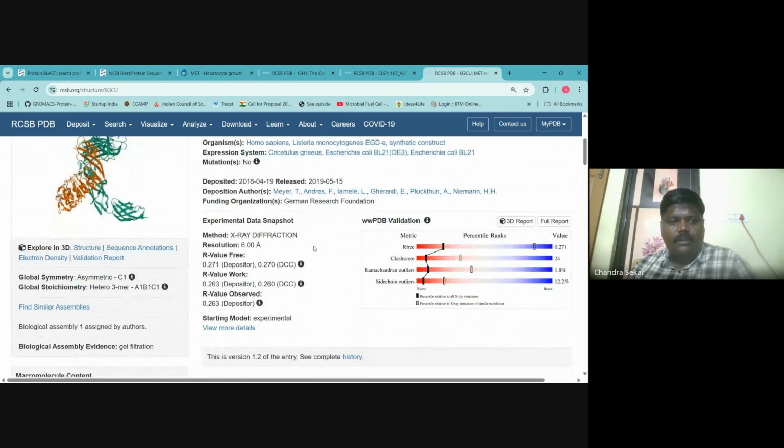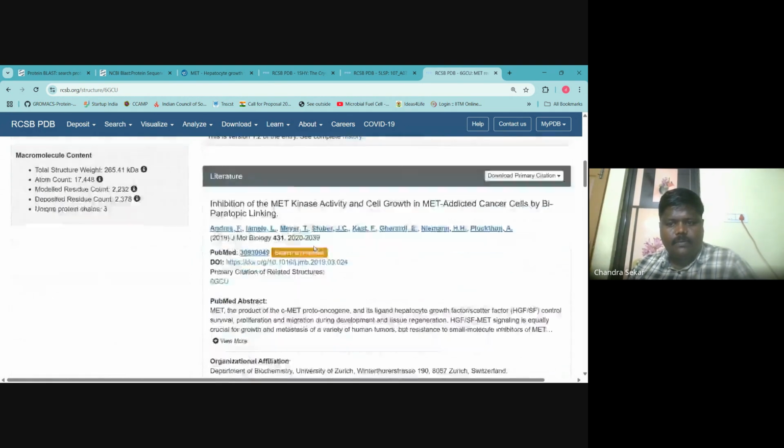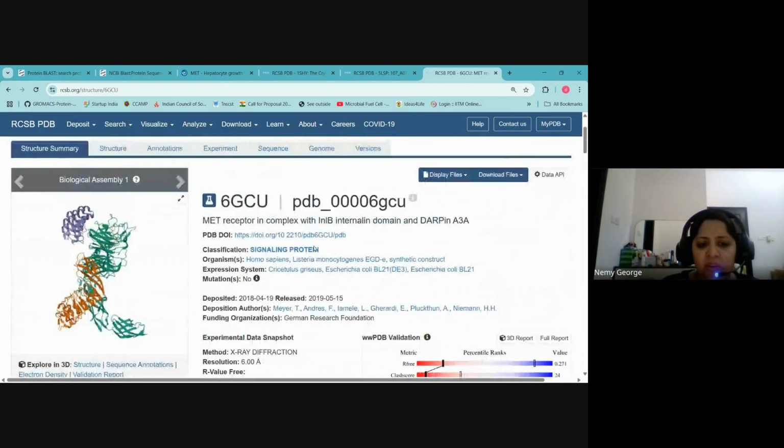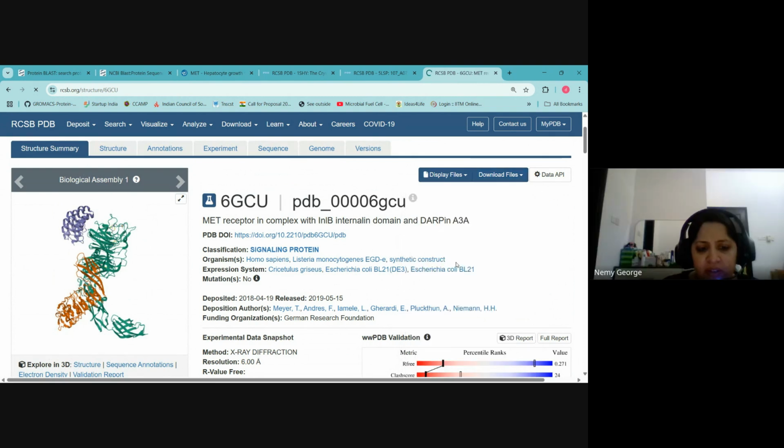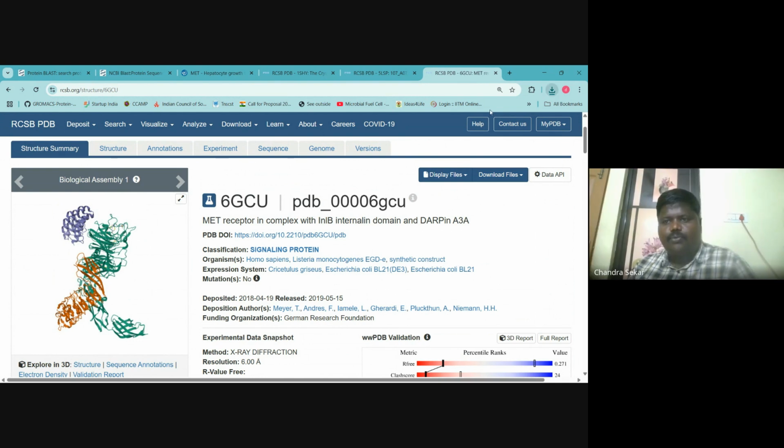But have you found any missing residues? No, since it has a resolution of 6, I didn't open it, sir. Because it has 6 resolution, it is poor. Definitely they will have some drawbacks. Let me check. Some reason might be that their entire long chains are there, which might be why they had a very poor resolution. But let me check. Can you see the fragments?